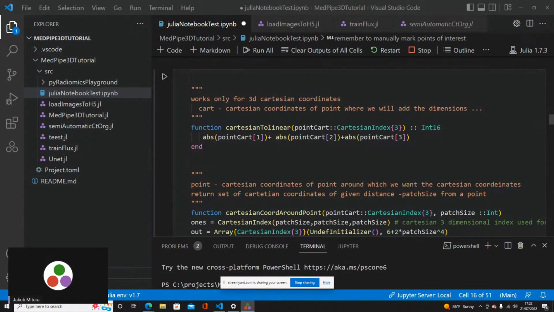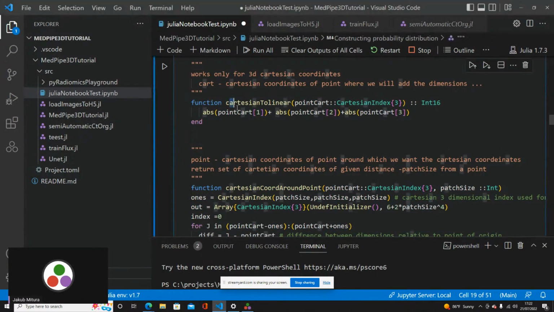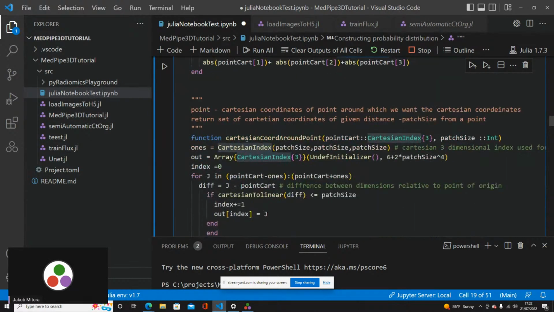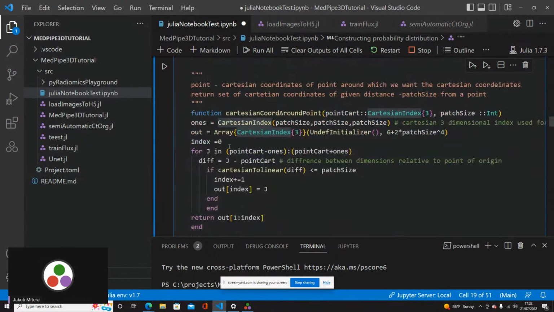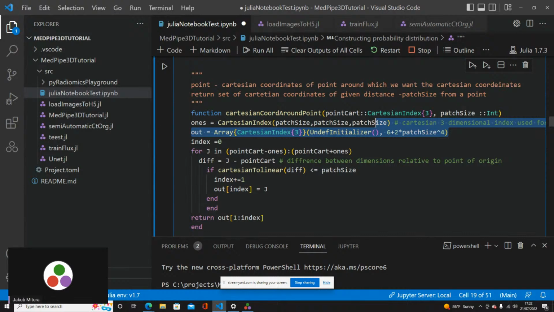So first of all, in order to get the information from around, we need to know exactly where we are. The very nice thing about Julia is that it supports Cartesian indexing, so it supports these x, y, z coordinates. We can use it in a lot of fantastic ways. One of them is that we can get the Cartesian indexes of some area and filter those that we are interested in.